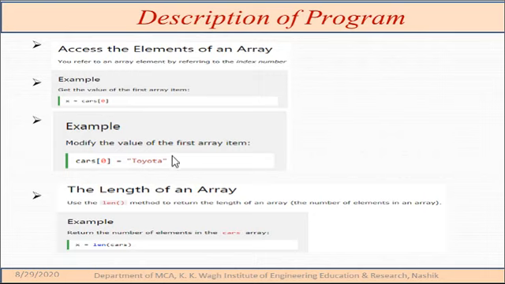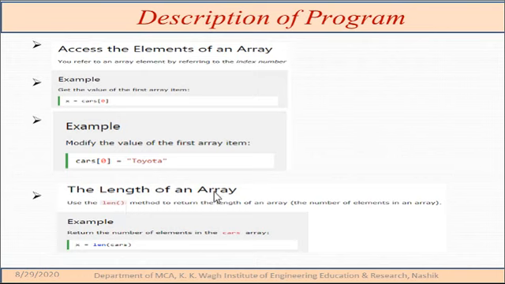If I want to modify the value at the first location, I can directly declare it. As everybody knows, an array is declared in square brackets, so cars[0], if I put it and give it a string value, initially I wanted to read the integer value, whereas now I have initialized it as a string value. Likewise, whatever type of value we want, we can take in Python.